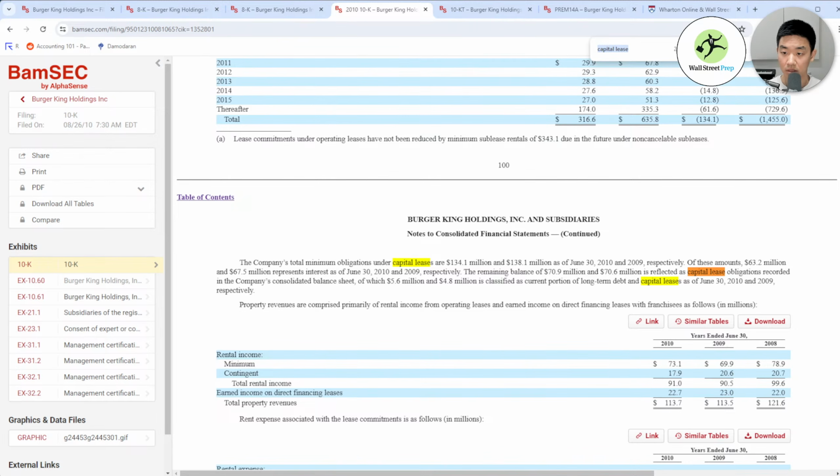Okay. So the remaining balance, and so on, of which 5.6 and 4.8 are classified as current portion of long-term debt and capital leases as of June 30th, 2010, etc. So this 5.6 is what's included in the current portion of long-term debt and capital leases. So that's what we want to subtract.